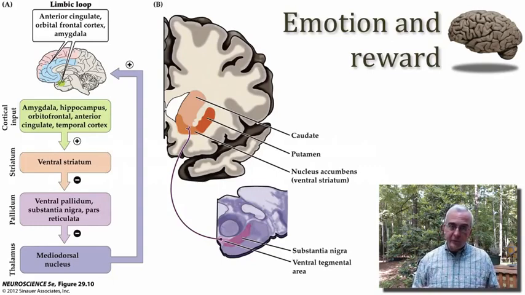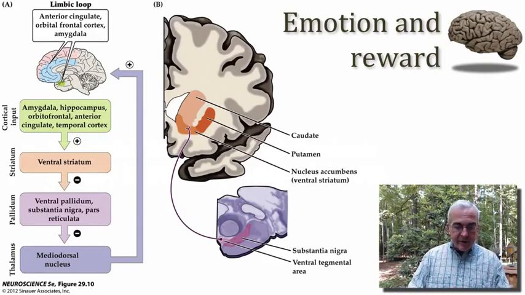So let's take a closer look at this ventral limbic loop in the basal ganglia, and that will help us understand a little bit more about how our reward system might be operating in the human brain. So as we see this